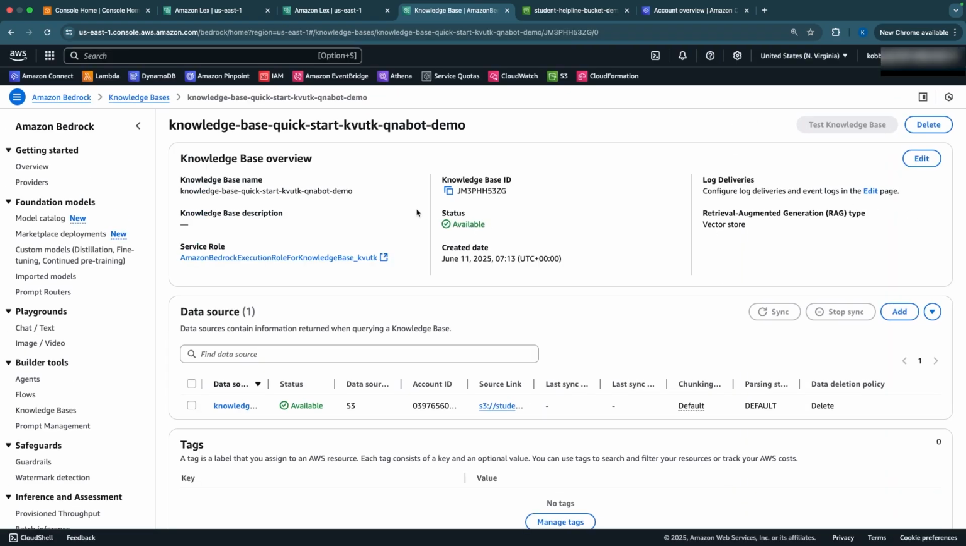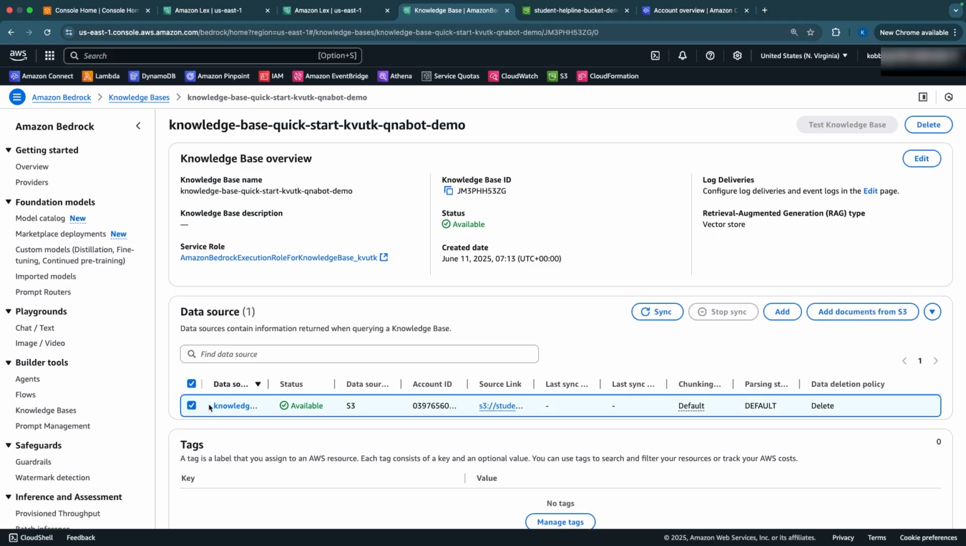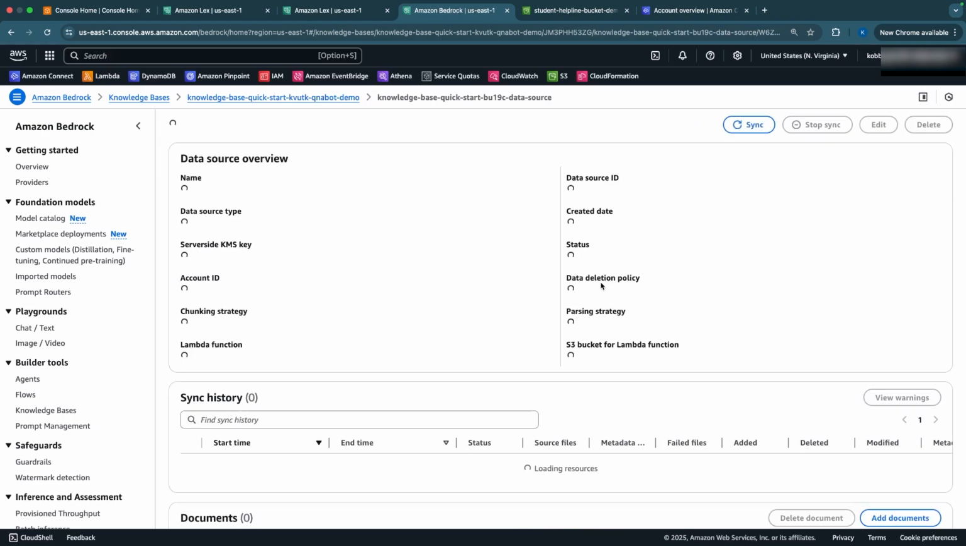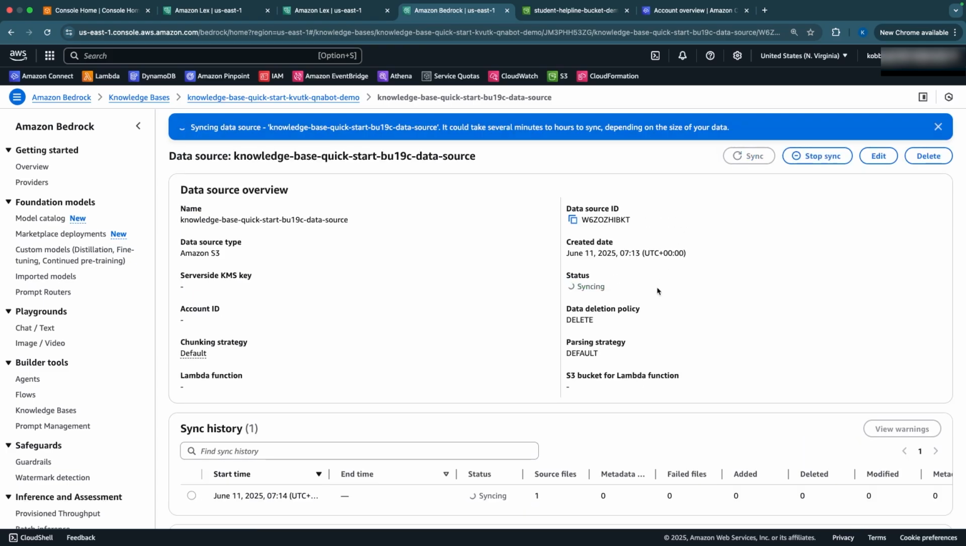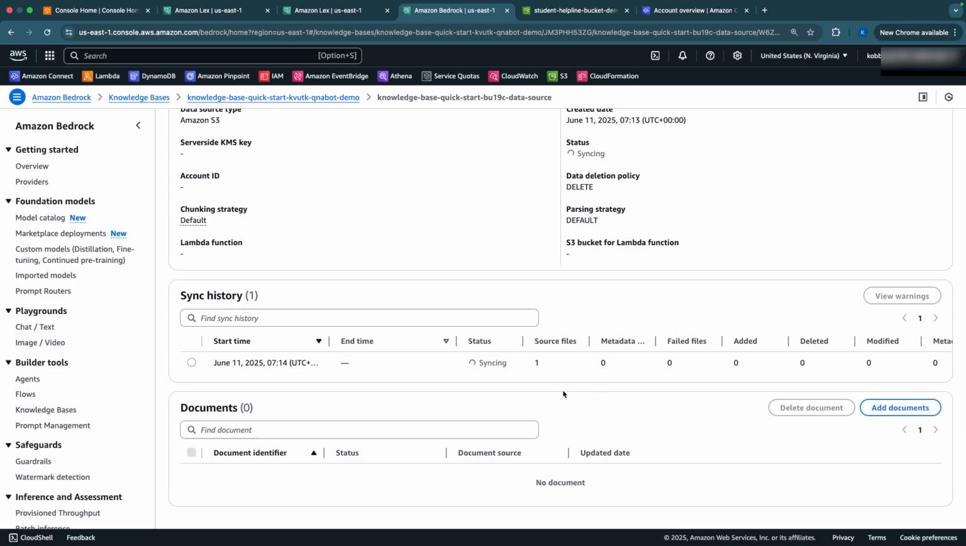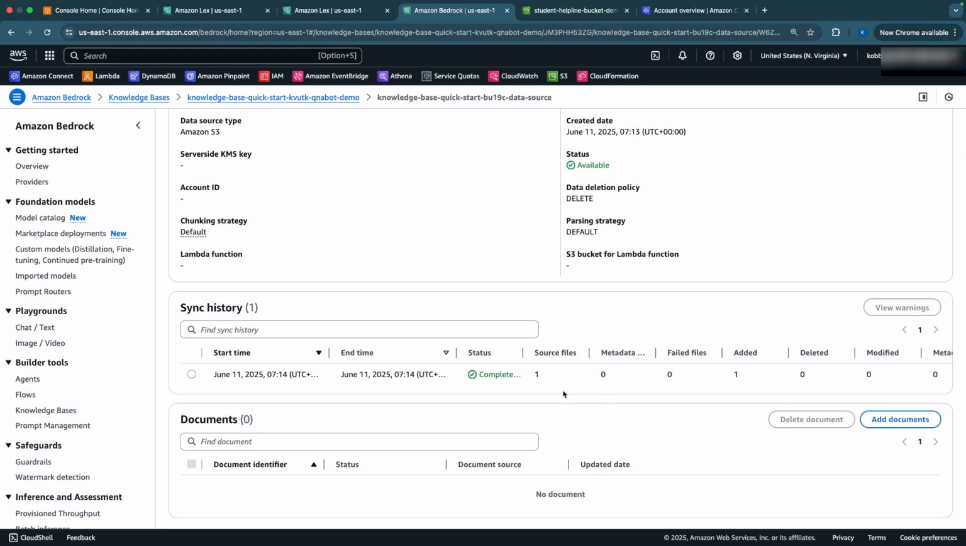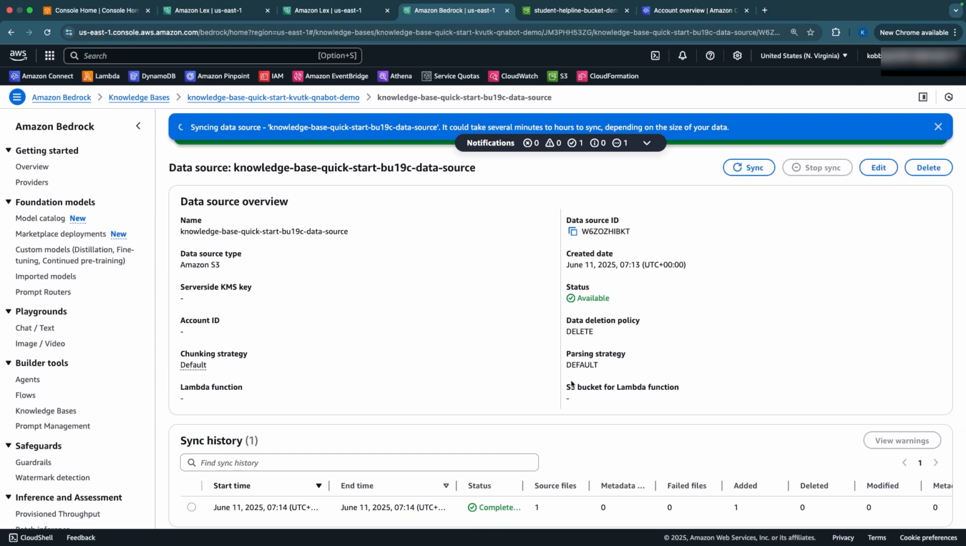Alright, so now that our knowledge base is ready, I'm just going to proceed to see if I can test my knowledge base. But before I do that, I'm just going to sync whatever documents I currently have in my S3 bucket. So I just select this data store. Let me just go in here, and then I'm going to just do that so that at least I'll have the current information in there and everything. So everything is done. So it's gone in there, it's seen it, and then it's complete. So now that this is complete, I'll try and then test